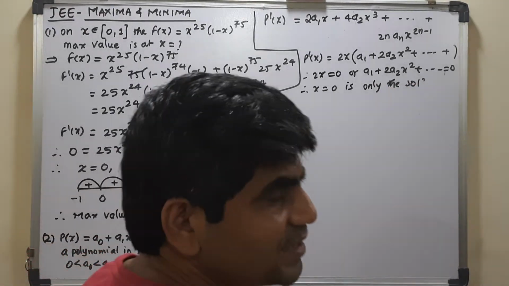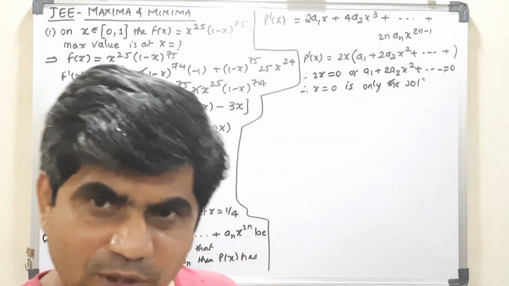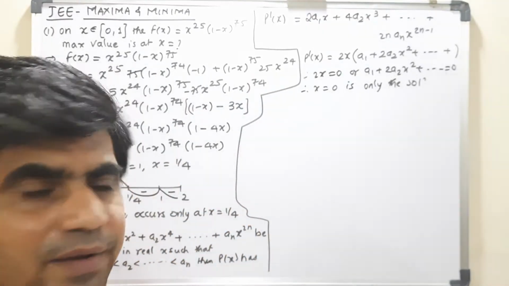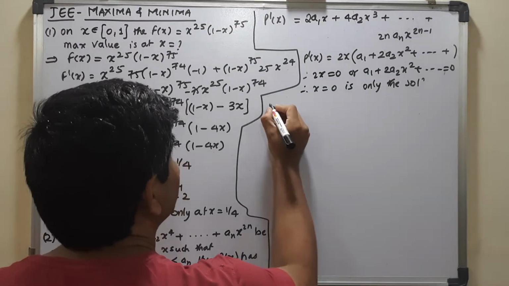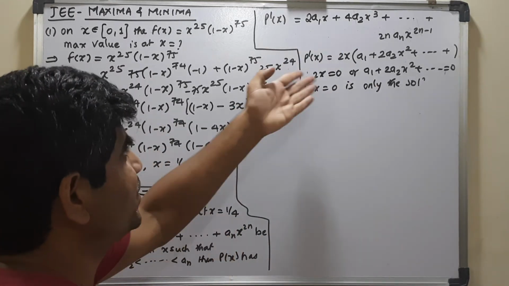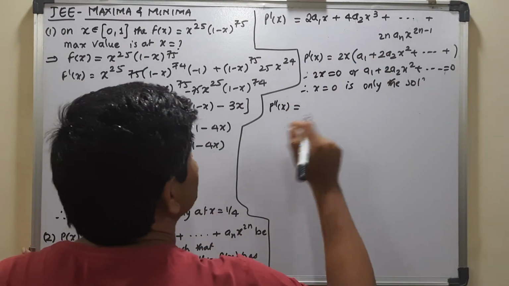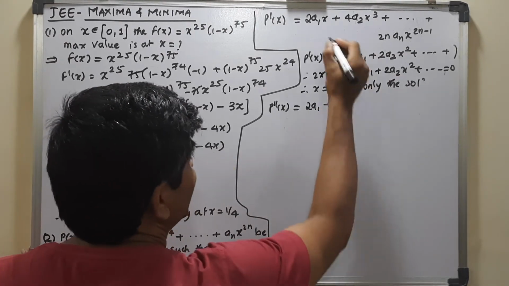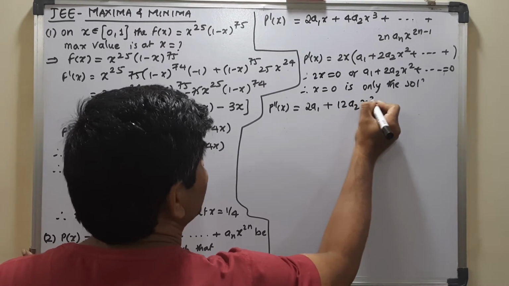Now the question that arises in my mind is that at this particular point, is it possible to get a minimum or maximum, or is it a point of inflection that is neither minimum nor maximum? So let us check over here by second derivative. The second derivative over here, p double dash x, you can take it from here also, or from here also, does not matter. Okay, so when you take second derivative from here, I get 2a1, right? Okay, and here I get 4 3s are 12, na? 12a2 x square and so on.